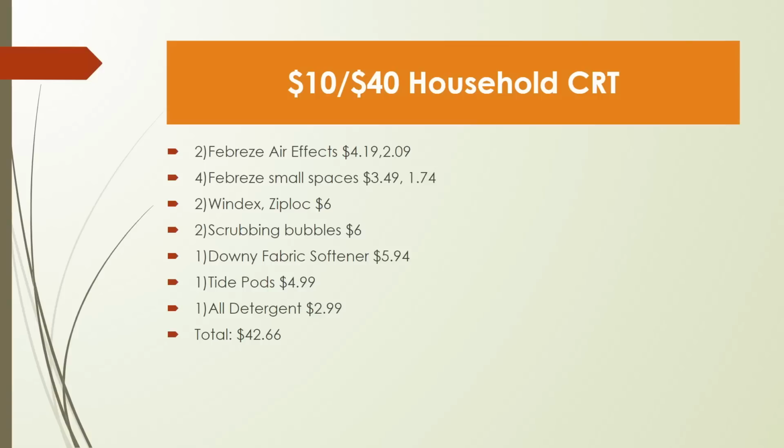So what you're going to be doing is combining a few of those spend deals that I showed you in the last few slides. So we're picking up 2 of the Febreze Air Effects, 4 of the Small Spaces, 2 of the Windex, 2 Scrubbing Bubbles, 1 Downy Fabric Softener, 1 Tide Pods. We're also going to pick up an All detergent. It's the liquid detergent. It's on sale next week for $2.99. That way we'll reach over the $40 threshold to be able to use this CRT. So our total is going to be